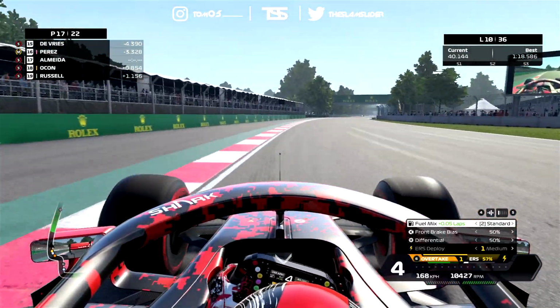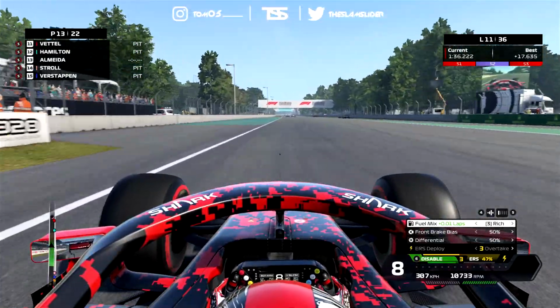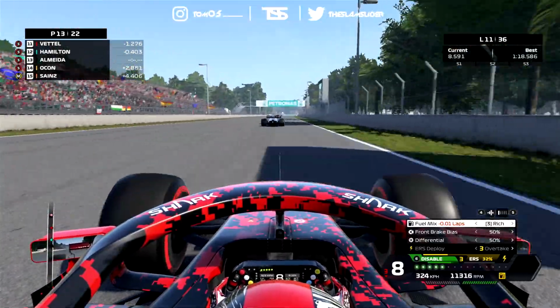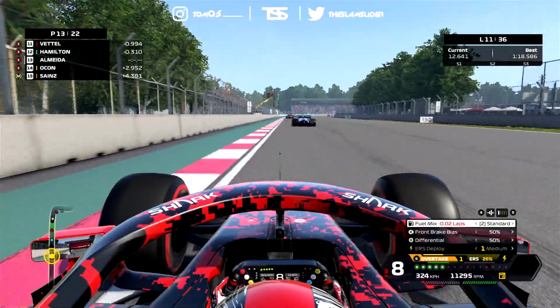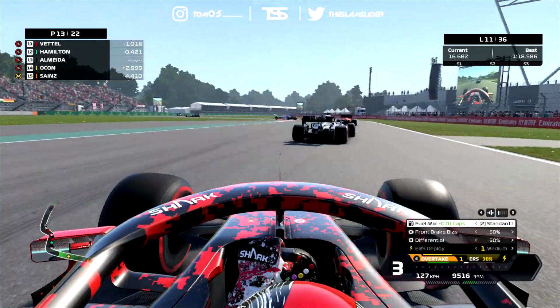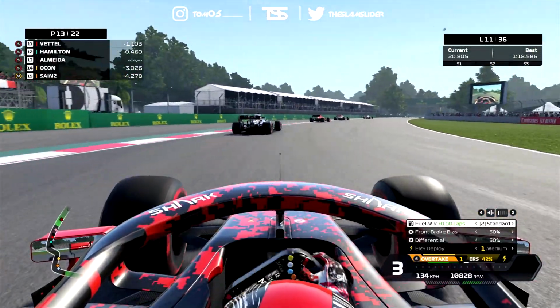Because he was carrying a lot of momentum through the start-finish straight, and with a lot of overspeed that resulted in a chance. But we press on with this race, and we'll see what we can do in this second stint. And we actually closed a lot on Hamilton, so the undercut kind of worked, and that put us in the DRS range. And ahead of Hamilton and Vettel is our teammate Nick de Vries, who has been struggling a lot,